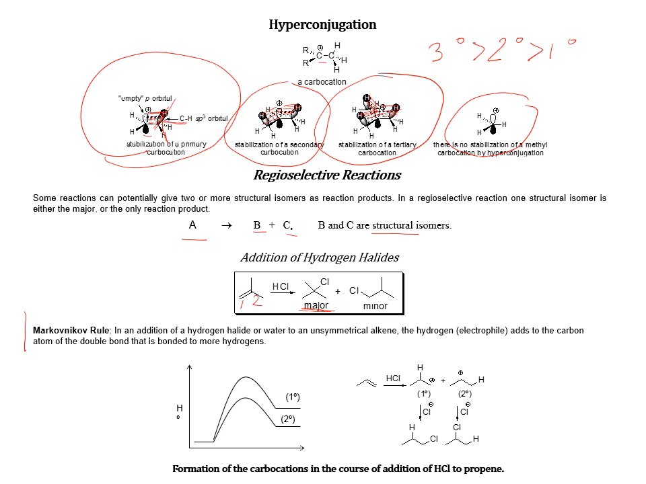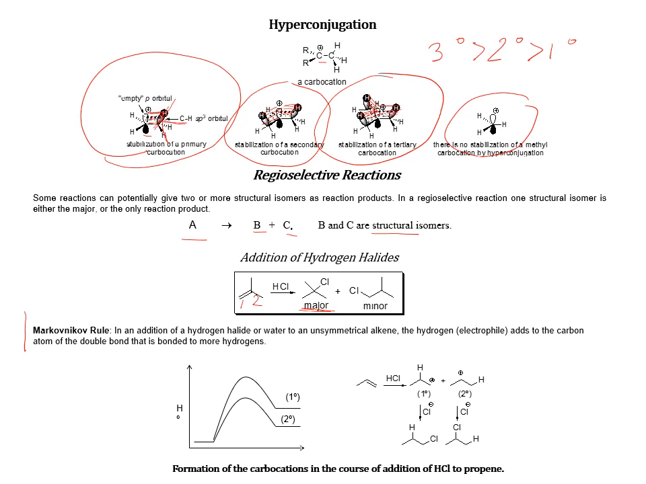According to Markovnikov rule, in an addition of hydrogen halide or water to an unsymmetrical alkene, the hydrogen, or in general the electrophile, adds to the carbon of the double bond that is bonded to more hydrogens. At the time, of course, Markovnikov had no idea why that rule worked. Now we know why it works, because when you consider reaction mechanism,